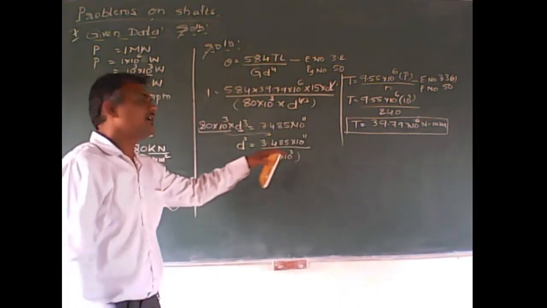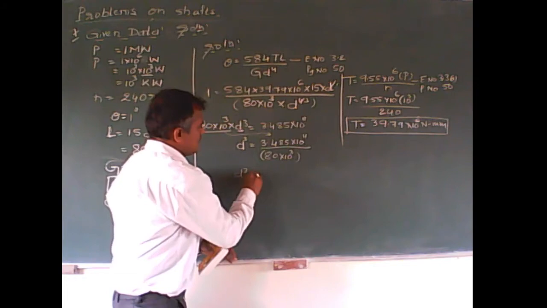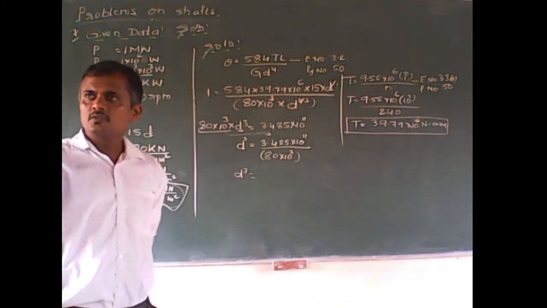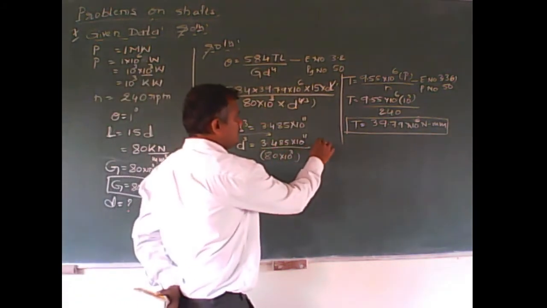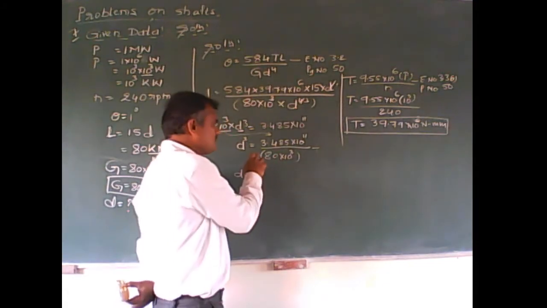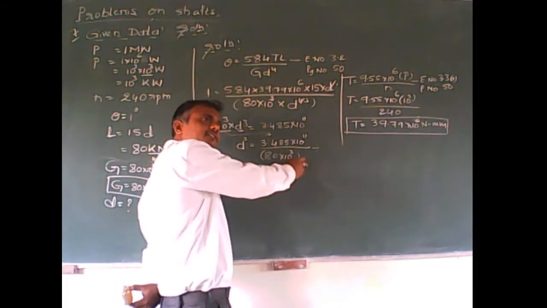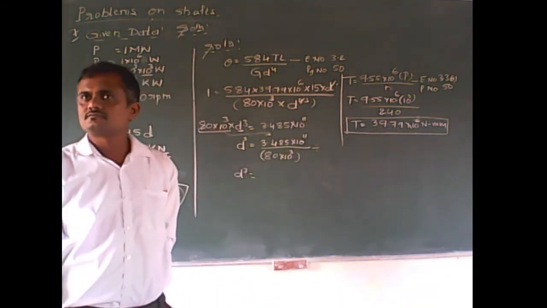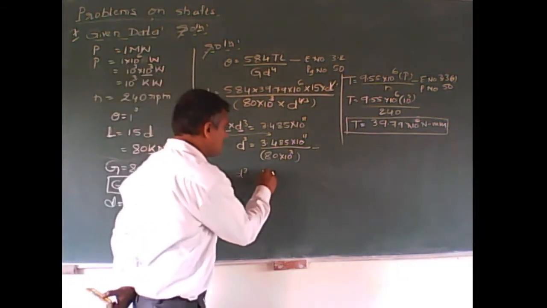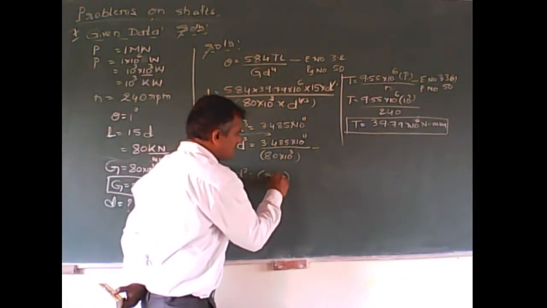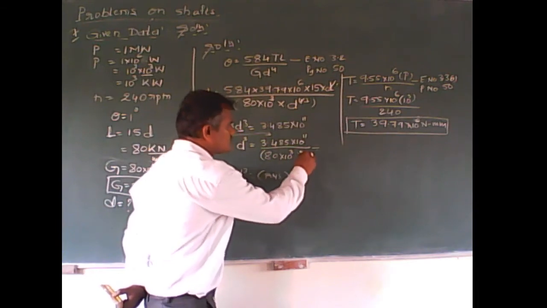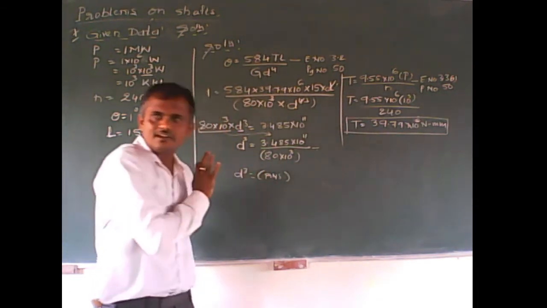Okay, get me the answer for D cube. What value of D cube are we getting? So don't be in a hurry. After dividing, you have to open the bracket and then close the bracket at the end. D cube, some answer you have got, right? Let me write it as ANS raised to what? So it is the answer, right?